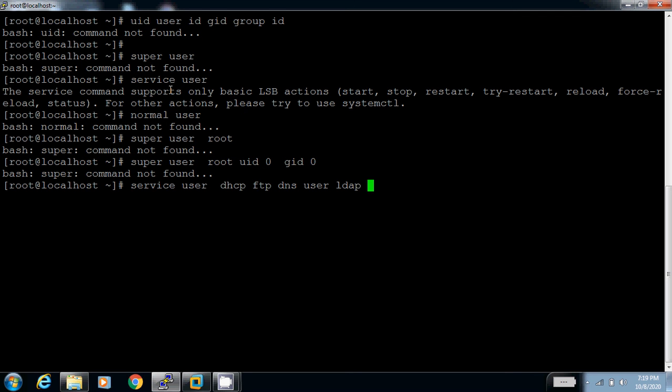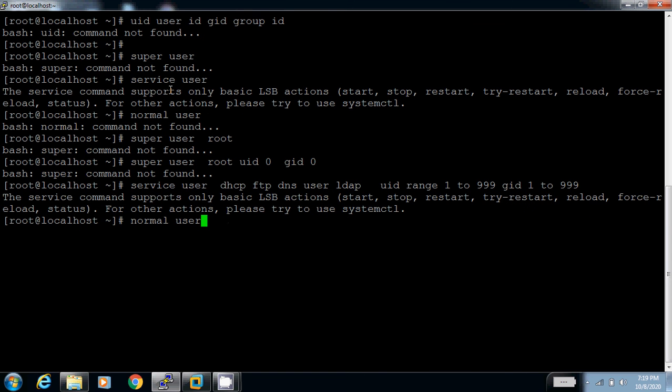The service user has a fixed UID range. The UID range for service user is 1 to 999, and the GID range is also the same, 1 to 999.